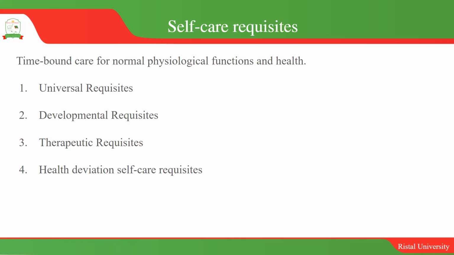So we can say that these requisites fall under 4 categories: universal requisites, developmental requisites, therapeutic requisites, and then health deviation self-care